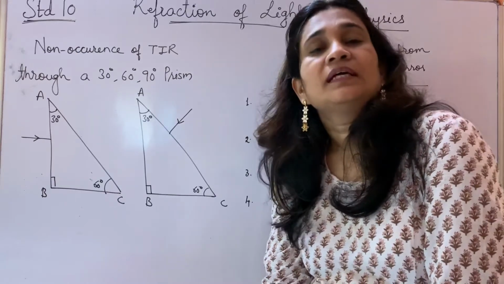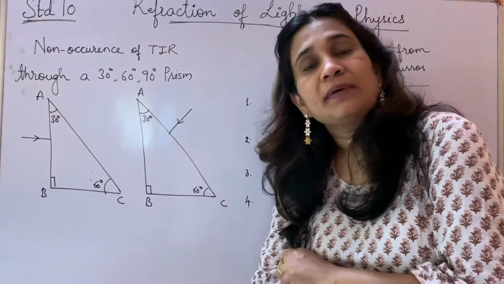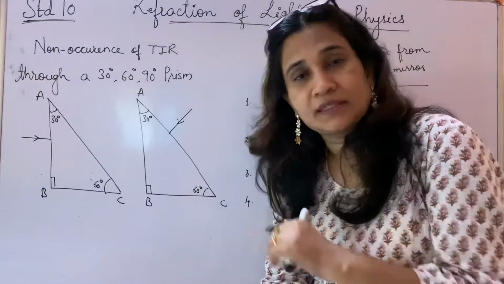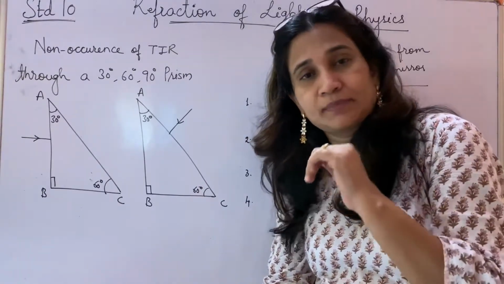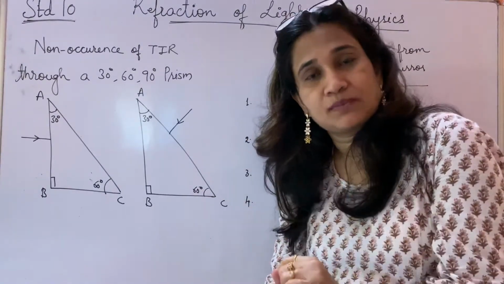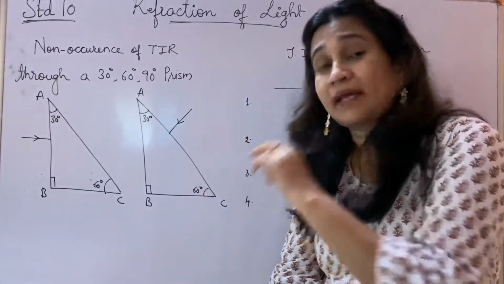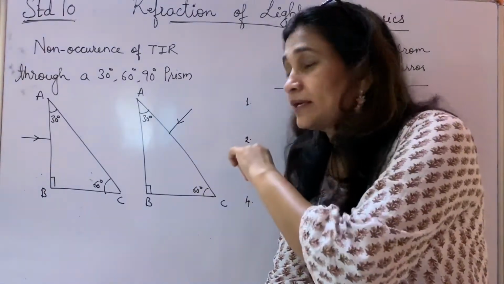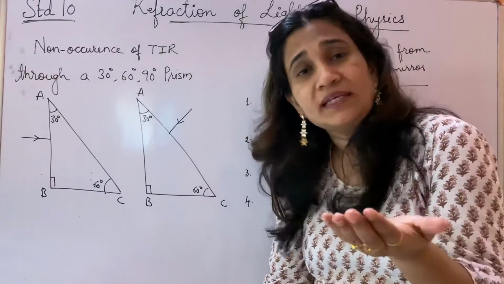Hello children, in the chapter refraction of light, let us move ahead in prisms. Now in my last videos I have shown you that prisms are basically used for total internal reflection. The last video we saw was a 30, 60, 90 prism. But then I wanted to explain to you two diagrams in the 30, 60, 90 prism only, wherein the light doesn't get totally internally reflected. So there can be exceptional cases also, wherein light enters the 30, 60, 90 prism but does not get totally internally reflected, rather it just gets refracted.